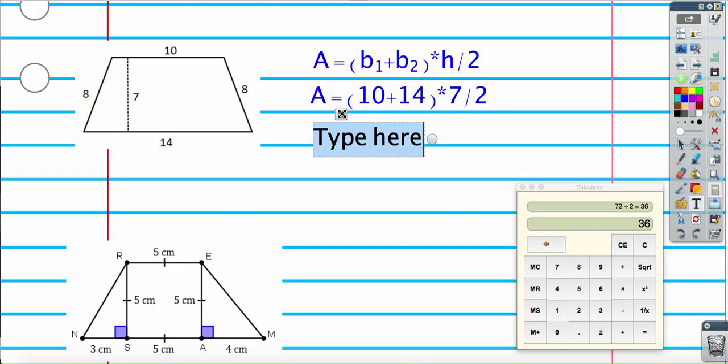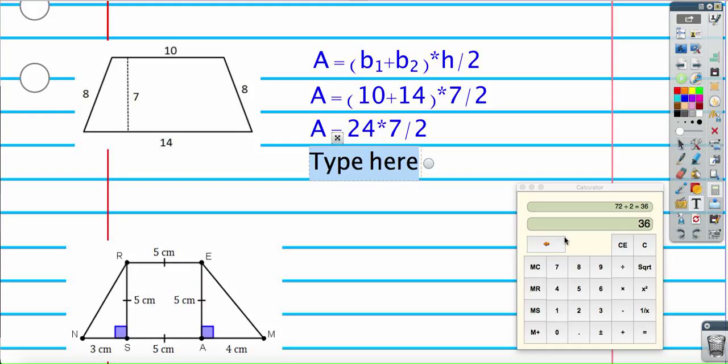So let's work that out in our calculator over here once we get everything set up. So I can do 10 plus 14 in my head, and I'm sure many of you can as well. So 10 plus 14 is going to give me 24, then multiplied by 7, and then divide by 2. So let's punch that into our calculator here. So 24 times 7, okay, that gives me 168, but then I need to divide by 2. So my area of this trapezoid is going to be equal to,